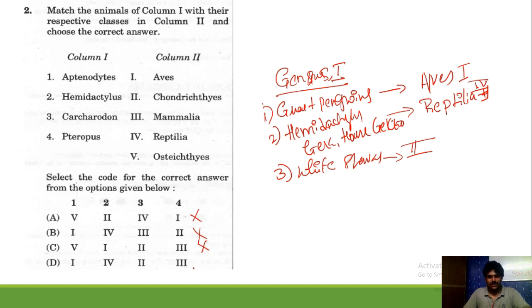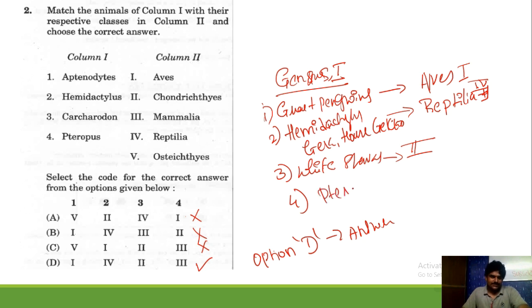So the last option is left with the third one. Let's check if it is the answer you're looking at. Option number D is your answer. Option number D is the answer. Let's look, is it right or not? Let's cross check it. Okay, so Pteropus is the